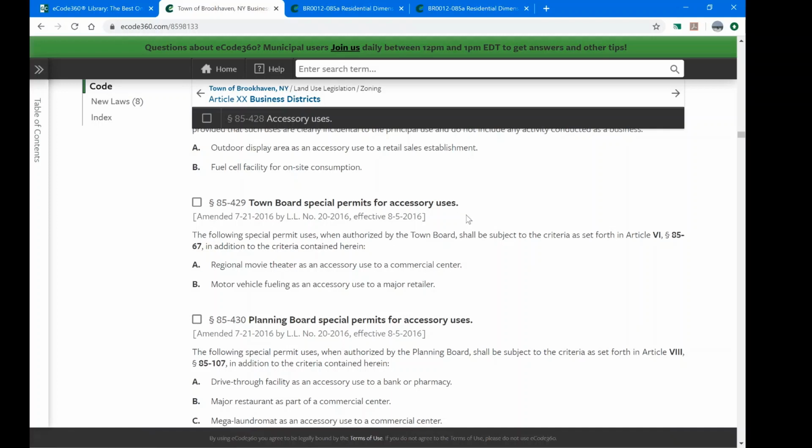Okay, town board permits for accessory use can be a regional movie theater, can be an accessory to a commercial center. So if you have, let's say, a large mall with a movie theater attached to it,